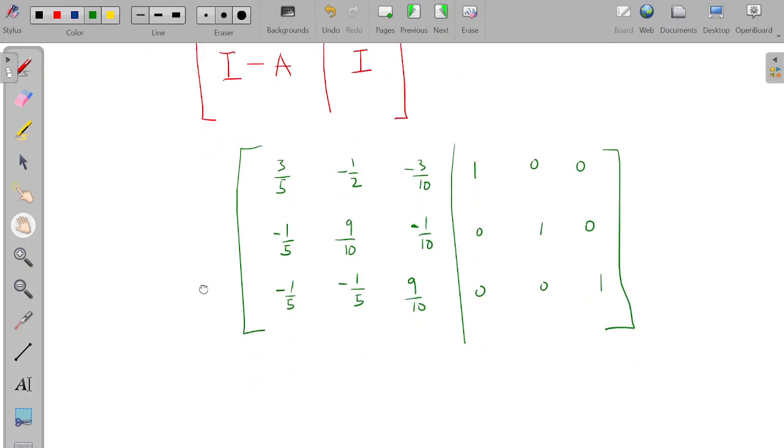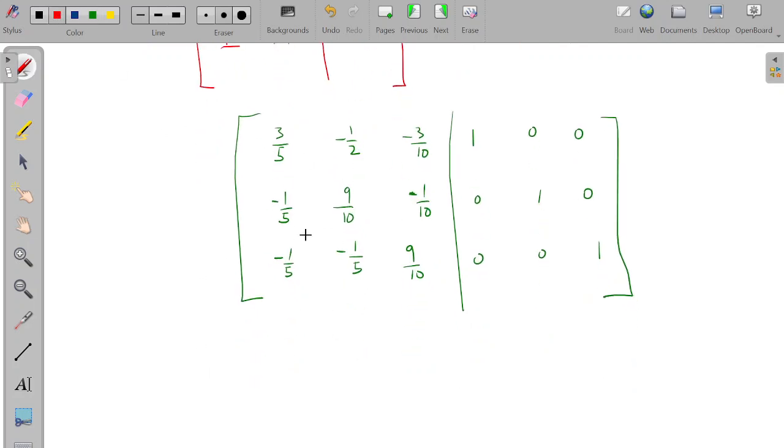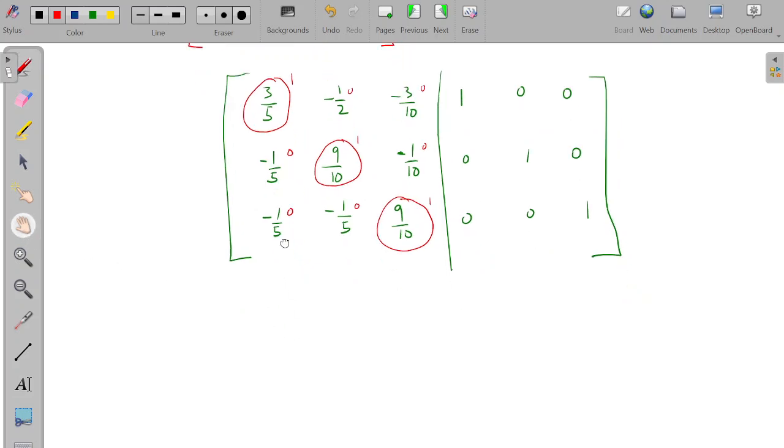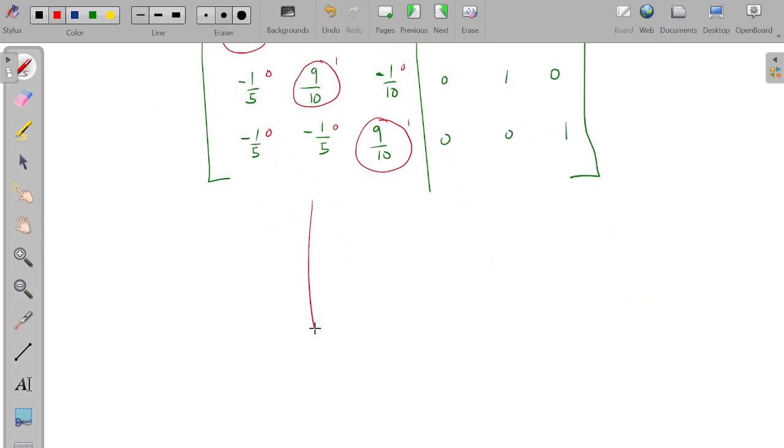Okay, so I need to now perform row operations on this. What am I doing? I'm going to change this one into a 1, and change this to 0 and 0, this into a 1 and 0 and 0, and this into a 1 and 0 and 0. As soon as I'm able to do that, to reduce this into an identity by performing row operations,